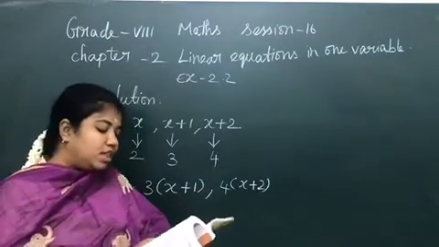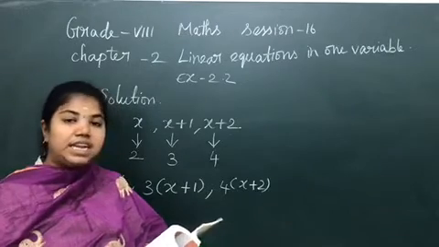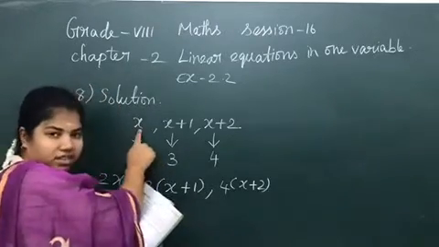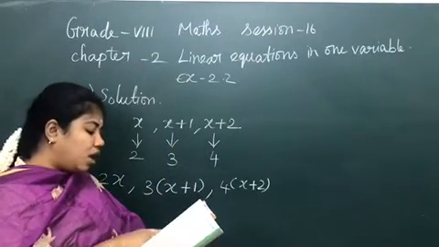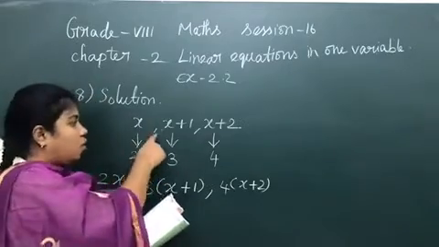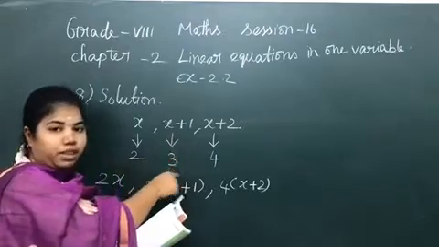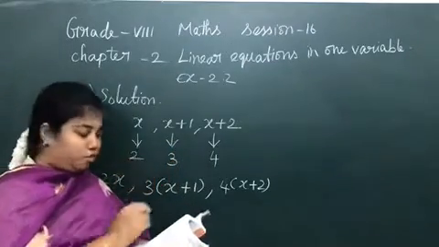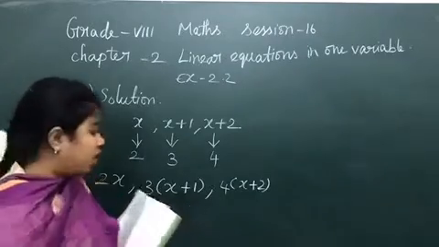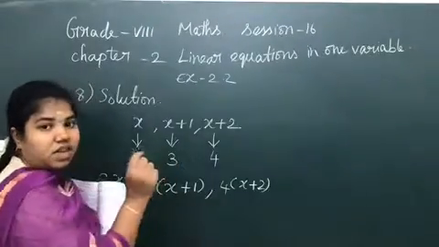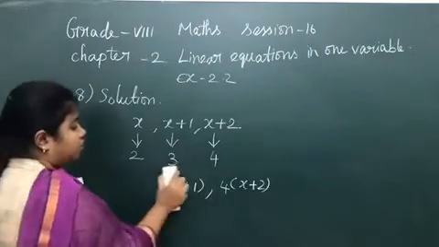Listen again. Three consecutive integers are such that, when they are taken in increasing order, x, x plus 1, x plus 2, and multiplied by 2, 3 and 4 respectively. So the first is multiplied by 2, the second by 3 and the third by 4. Now they add up to 74. If you add these three and equate to 74, then you can find the three numbers. Okay, now let us do it.